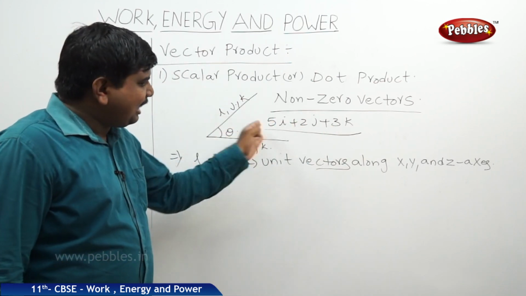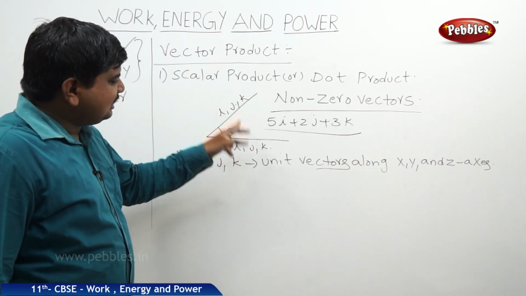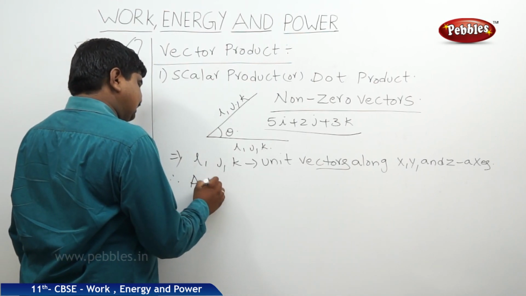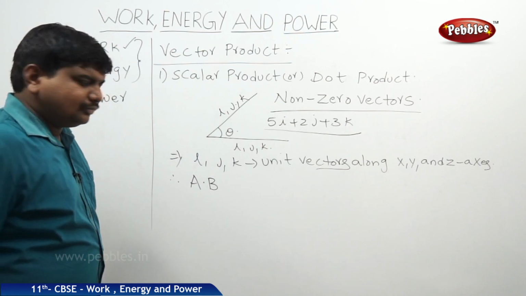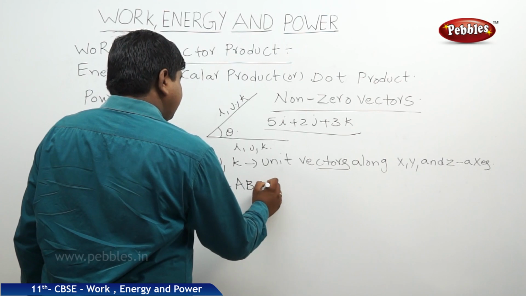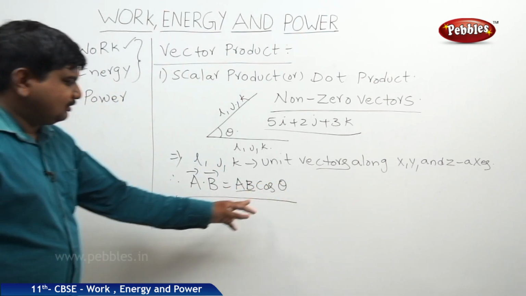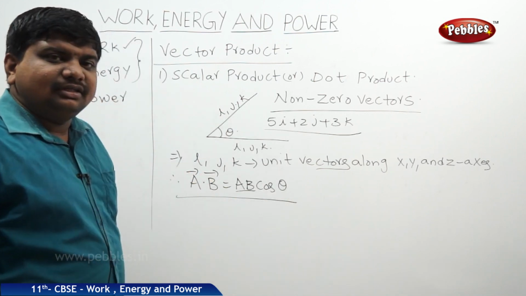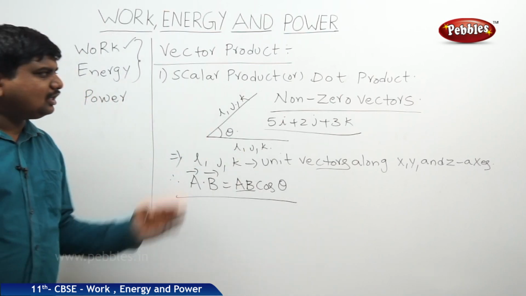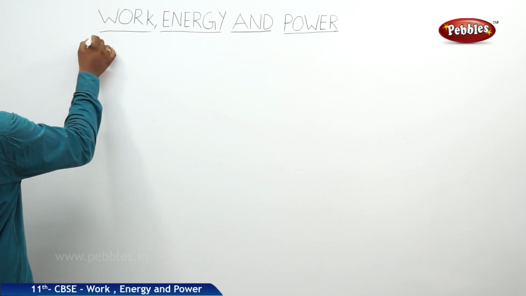So if you multiply the magnitudes with the association of the cosine of the angle between them. So therefore, suppose if two vectors are A and B, A bar dot B bar is equal to AB cos theta, where AB is the product of the magnitudes, where theta is the angle between the two vectors. This scalar product has some rules to follow. What are the rules? So let us suppose A bar is equal to